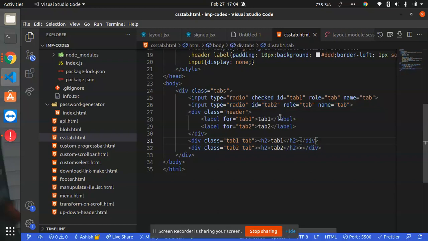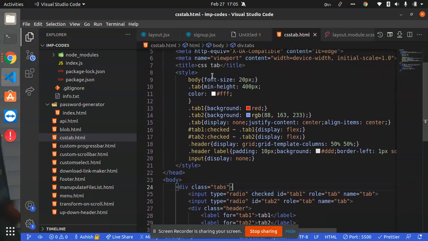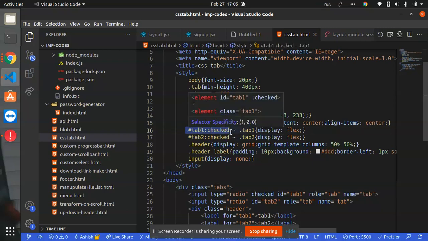tab 2. And you know that input type radio has only one value for the same name. So when the first input is checked, then the second is automatically unchecked. So here you can say that when tab 1 input is checked, then I am showing tab 1